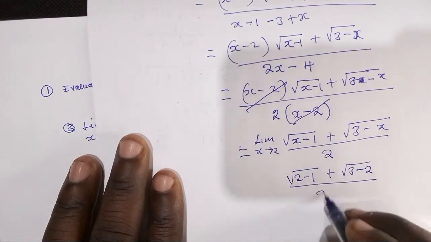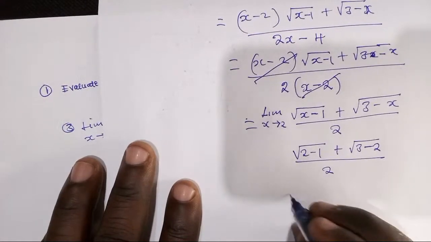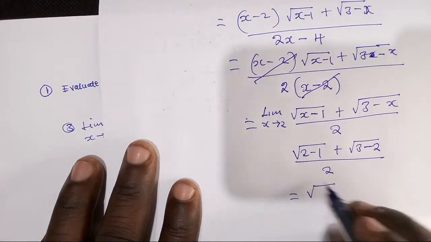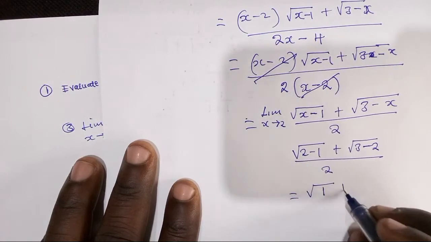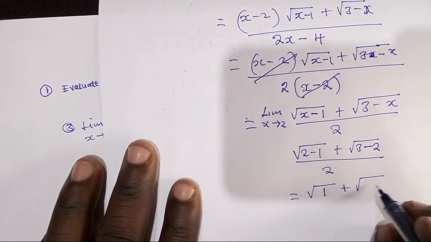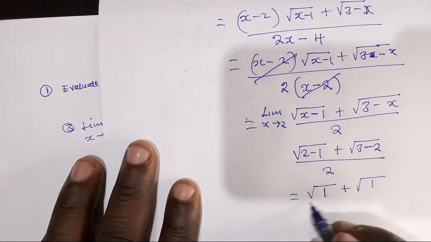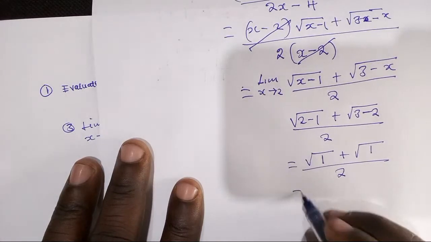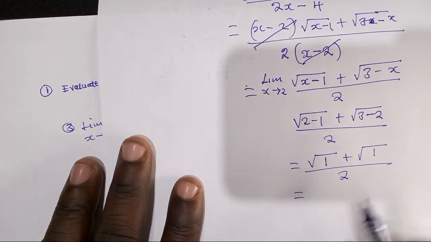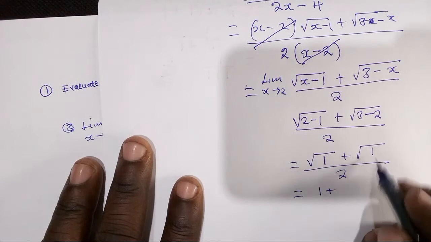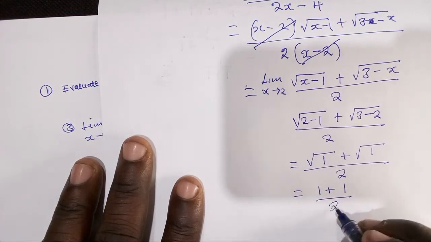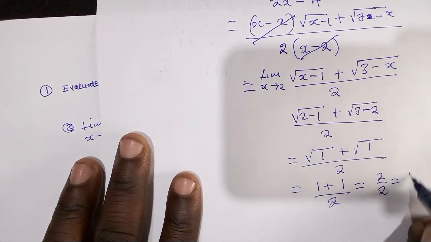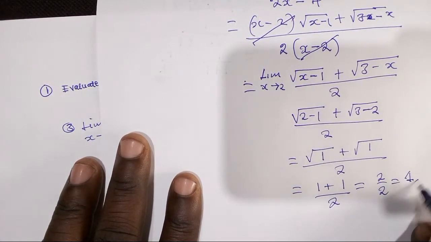Then over 2, which will be equal to root 1 plus root 1 over 2, where root 1 is 1. Then this will be equal to 2 over 2, which is equal to 1. So the answer will be 1